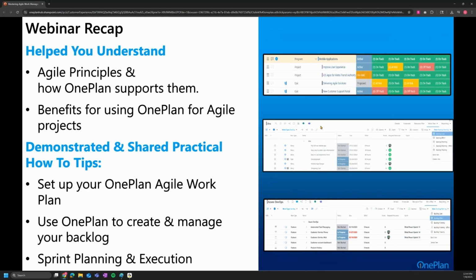And finally, Melody discussed enhancing sprint cadences with notes and activities. She explored how to use notes to capture sprint objectives and activities, as well as how to tag team members or link work items. We also covered how to log meetings and discussions and keep a comprehensive timeline of sprint activities, all within OnePlan.